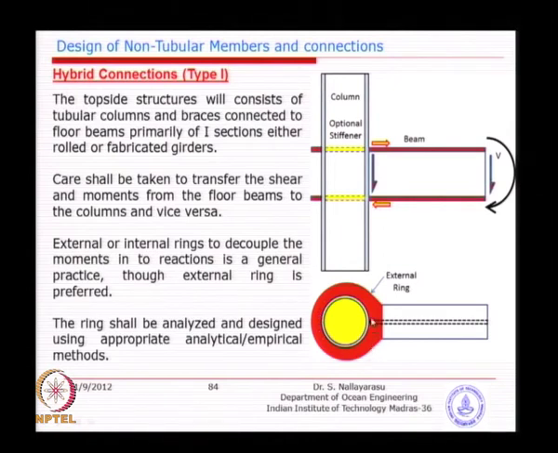So, that is how you will have to make this design, and this is very commonly adopted in offshore topside structures, very common, without which we can't design any connections, because in most of the topside structures, columns are pipes and beams are I sections, and you will see that many times you will encounter this. So, that is why I just call them hybrid connections.